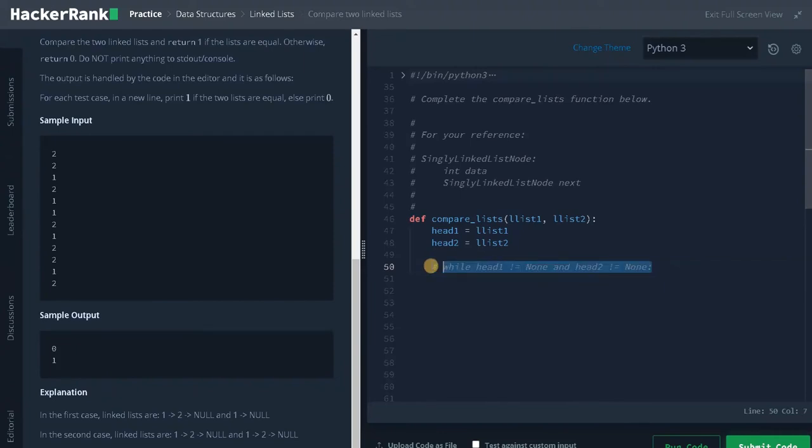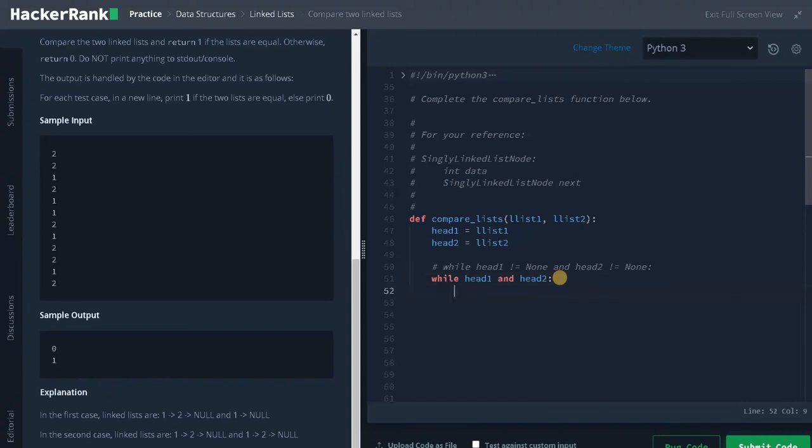You can use this or while head1 and head2, both the statements are same. You can explicitly write not equal to none in the condition, or else you can leave it as this. It means if some element is there, it is true.